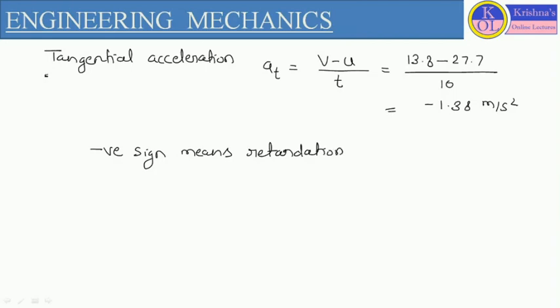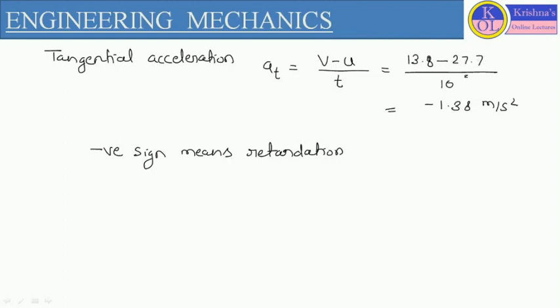So let's define the tangential acceleration. Tangential acceleration is represented as rate of change of velocity with respect to time. So its formula is (v minus u) by t: final velocity minus initial velocity divided by time. So here we have all the values. So we'll put 13.8, this is the final velocity in meter per second, minus 27.7,